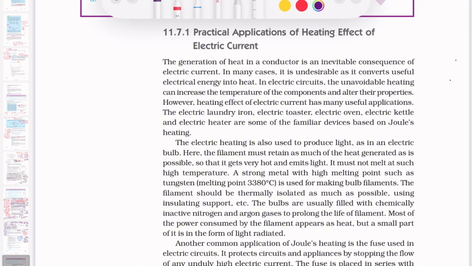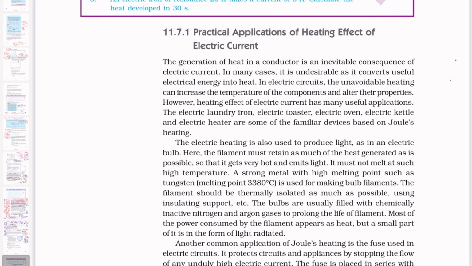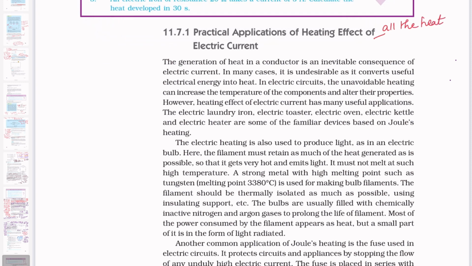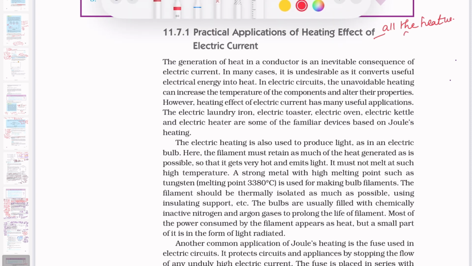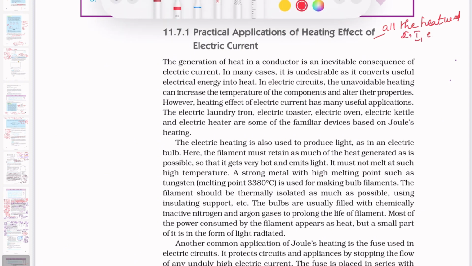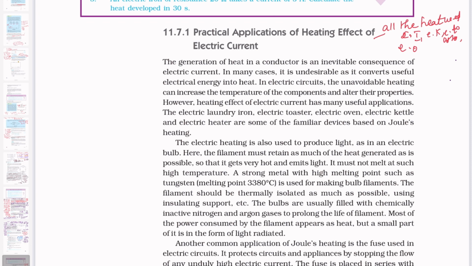the heat generated in the electric circuit, all the heat is used. Whatever heat is generated because of the electric current or the electric circuit is used only as heat. Those are the electric iron, electric kettle, or we can say electric toaster and electric oven. So all these devices directly use the heating effect of electric current in the form of heat